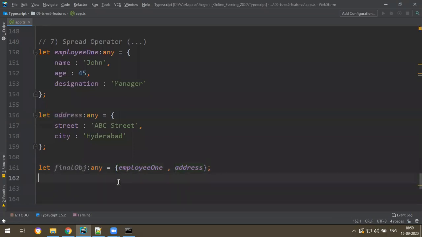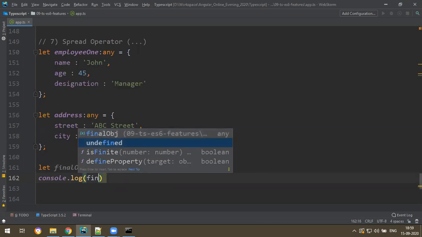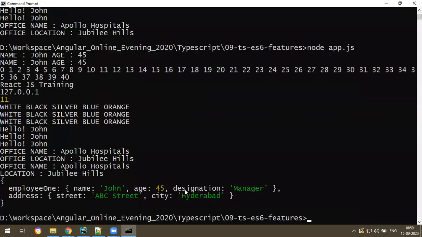We'll see. Then console.log of final object. Actually, my plan is to construct a new object which contains these three properties and also these two properties here. Save it. Now check, if I run the program, what happens?